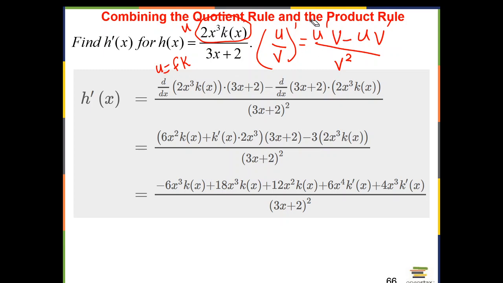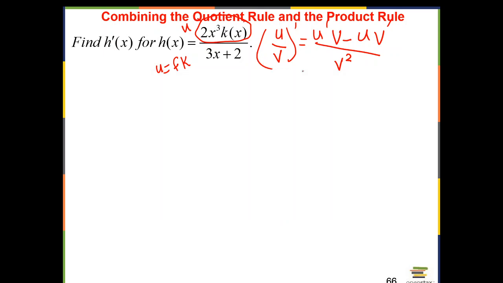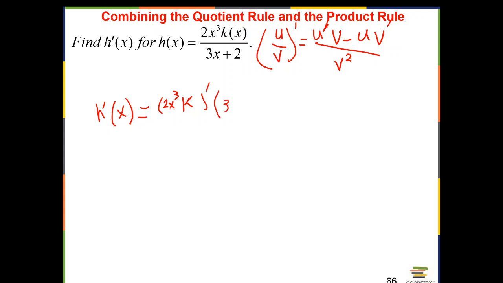So when we set this up, u prime is actually a product itself, right? So we're going to write it like that. So in the numerator here, if I want to follow this, I'm going to have to write that h prime is going to be u prime v. Remember, u is the numerator, so it would be the prime of the numerator, which is 2x to the third times k. I just put k, not k of x. So that's u prime, and then times v, which is 3x plus 2,